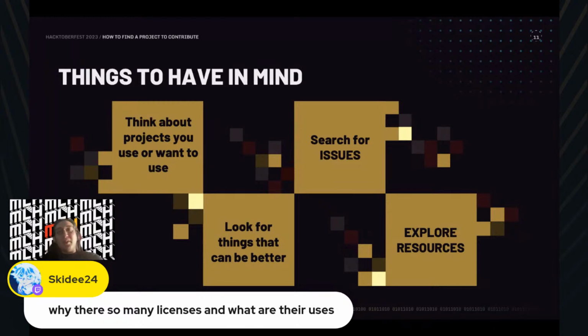Remember, we talked about open source not being free, so we need to protect in some way our intellectual property and our use cases. We don't want to contribute to a project and then someone steals that project and sells it.